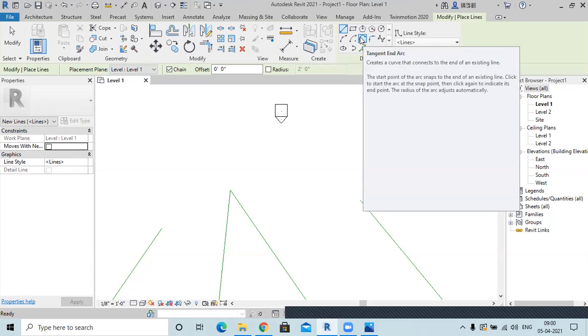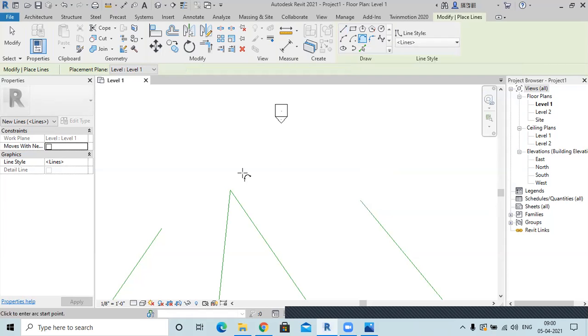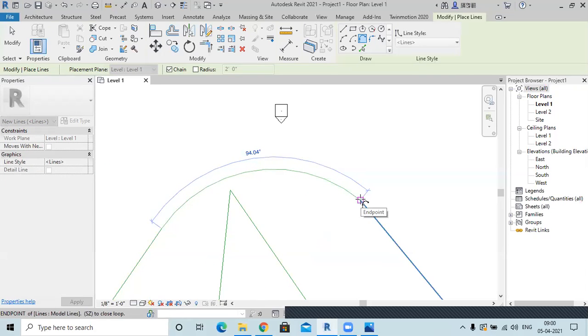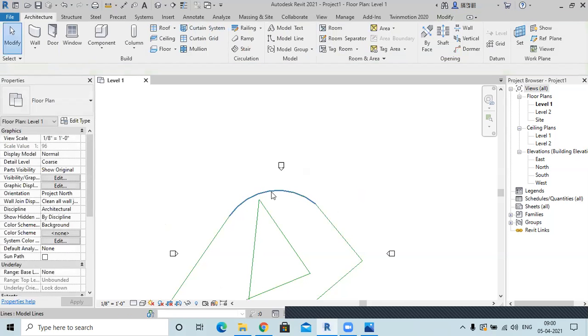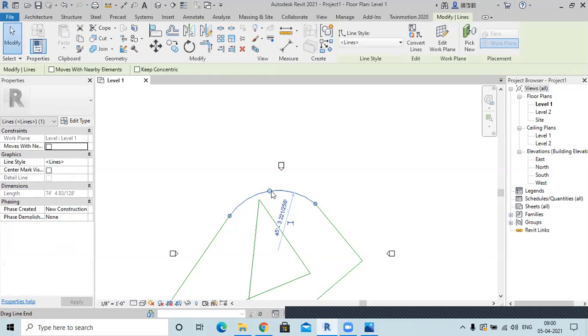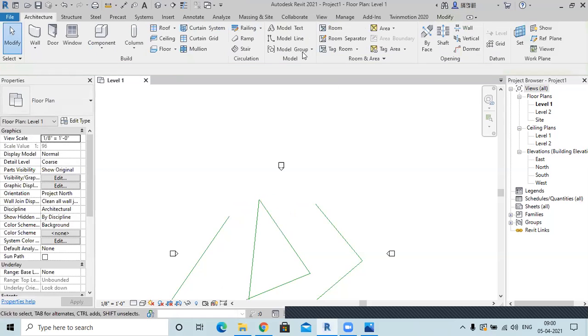Here when you select 2 points, it will automatically connect them with a particular radius. So I'll select this point and then this second point, and you can't change the radius. If you select this point, then it will automatically connect these two lines. Now you can change the radius from this option.